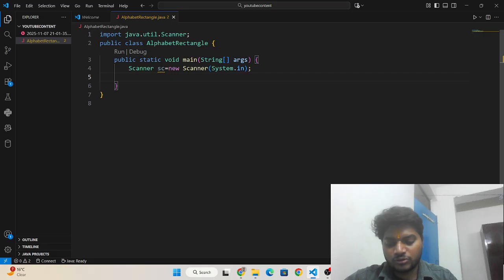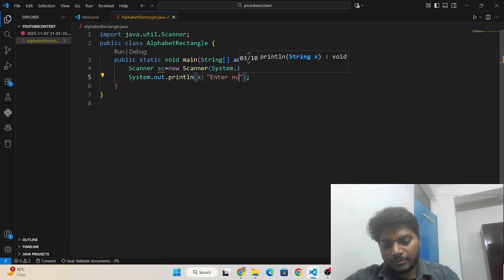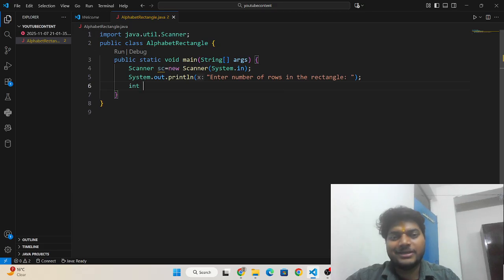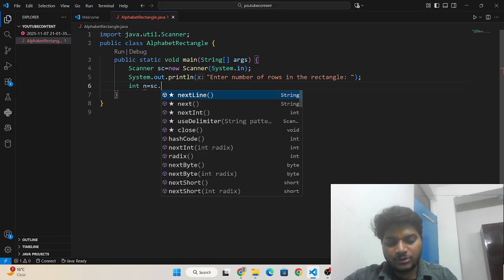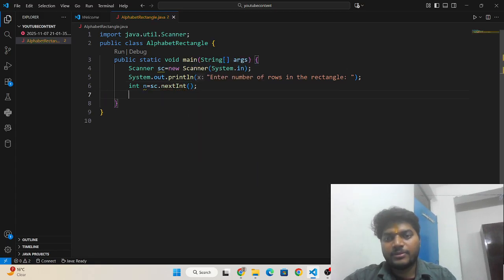And now I'm going to write a message asking the user to enter the number of rows in the rectangle, and I'm going to take those rows in the variable n with sc.nextInt.